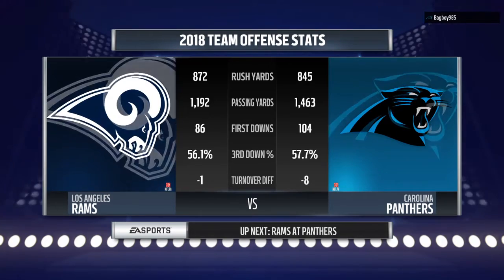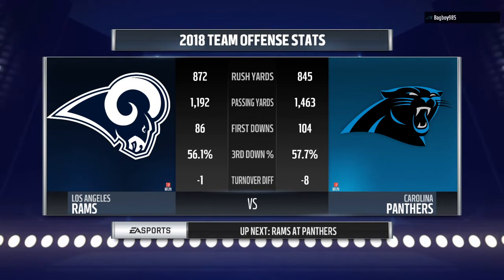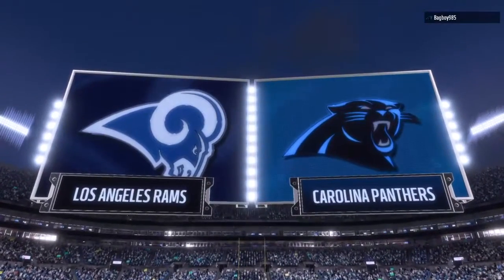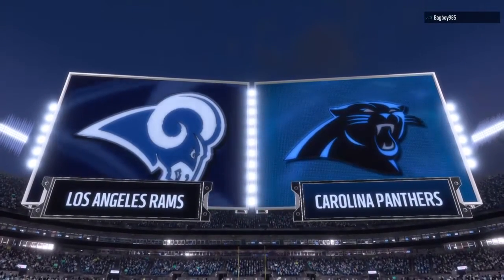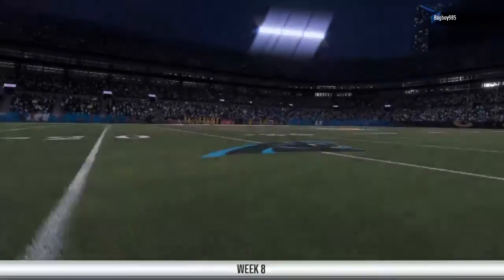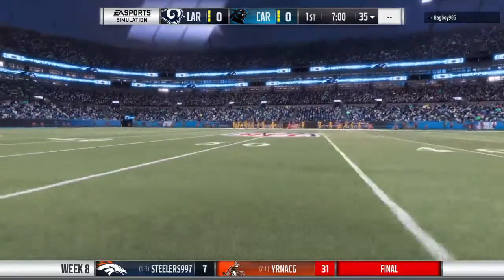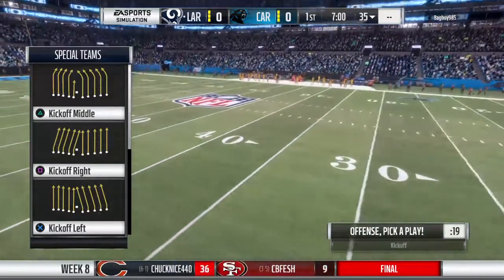Everyone, I'm Larry Ridley, and this is the NFL on EA Sports. We've got a matchup where time of possession will be a focus. The Panthers are top 10 in rushing yards, going up against the Rams front seven that will need to be up to the test. All right, Larry, EA Sports coverage of the NFL finds us at Bank of America Stadium